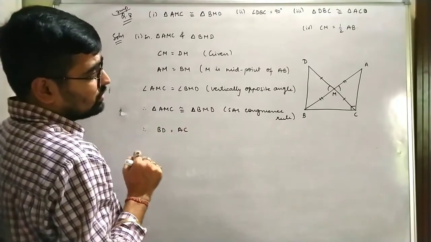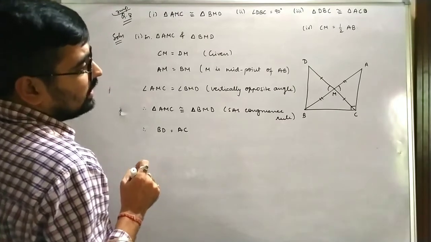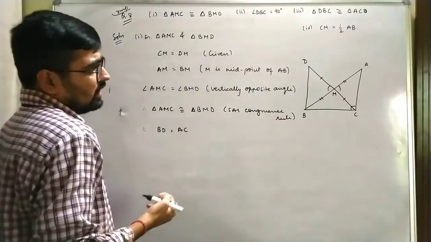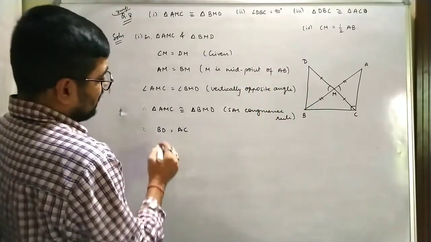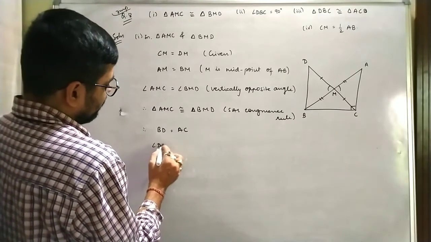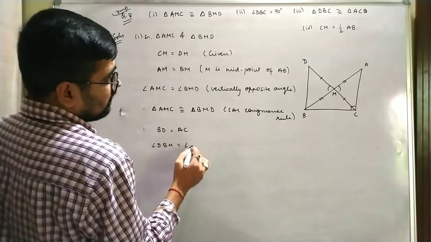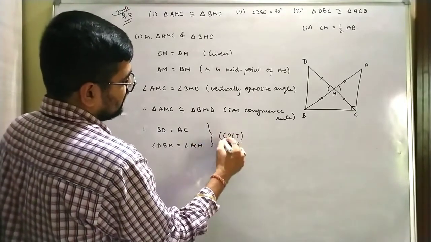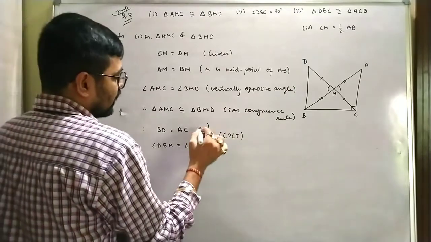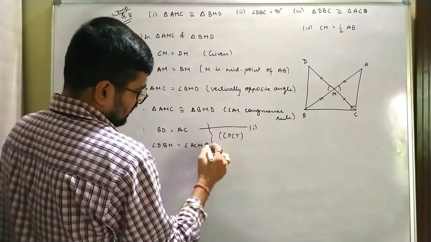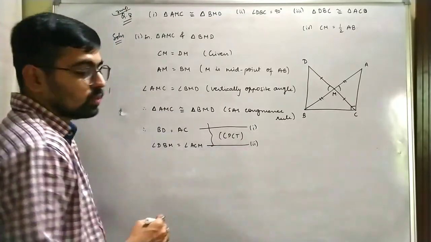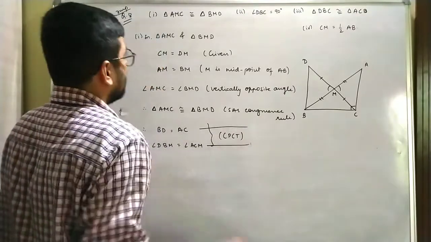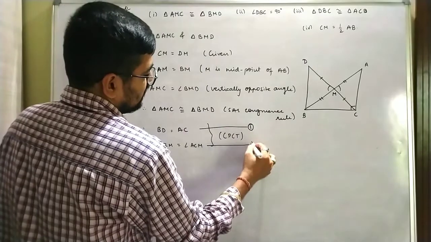Second, I am also going to use an angle here. Let me consider this angle also. Angle DBM equals angle ACM. These both are by CPCT, correct? Simple. Now if you want, you can call this equation number 1 and this equation number 2. We give the names a bit differently here, because we already gave numbers to the problem. So let's say this is 1 and this is 2.